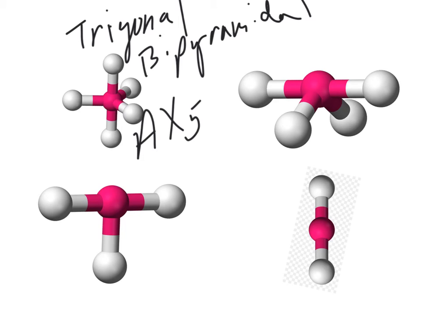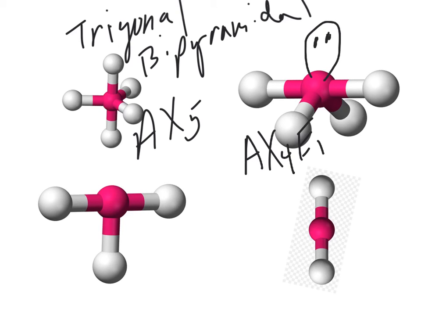This is seesaw right here. This has got an AX4E1, and its unpaired electrons would be right here. And we've seen this sometimes with this molecule being at the top and maybe this molecule being at the bottom, and the middle here